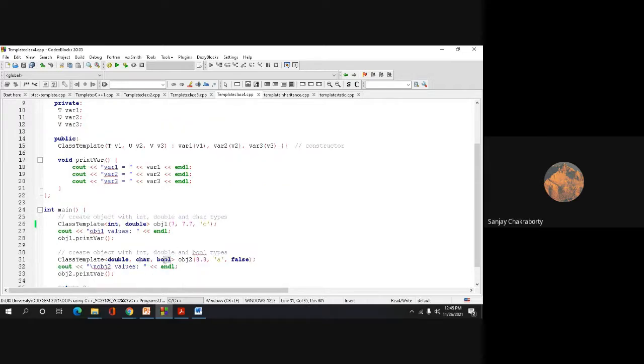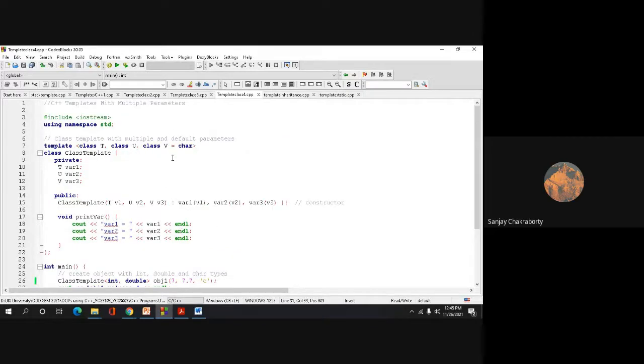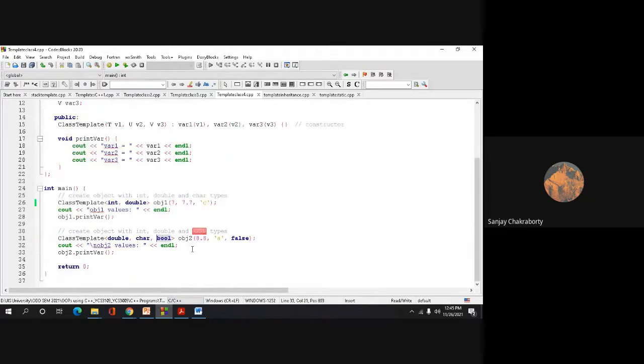Understood? It will simply overwrite it. So the privilege of the template parameter during the call will be more than the privilege during the definition or creation of the template parameter. Is it clear to everyone?